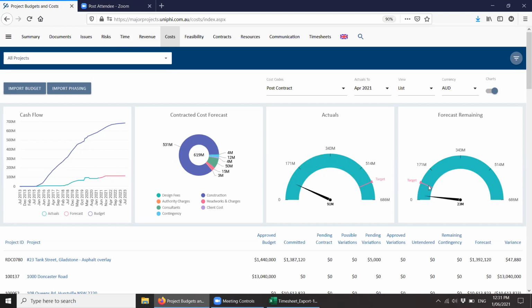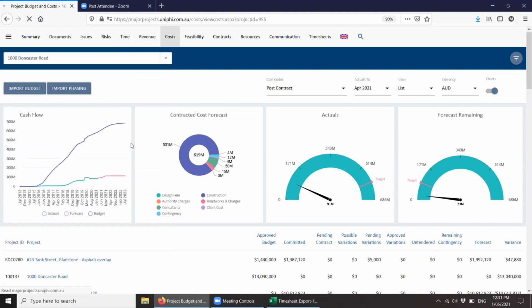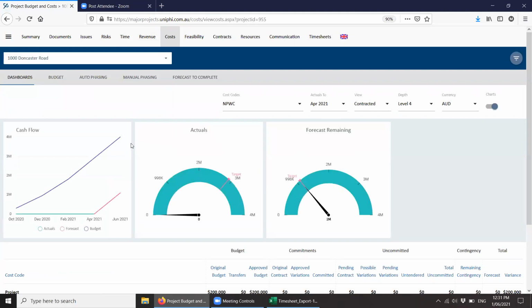So across the portfolio, and again, if we drill in on a project, we'll get the detailed view just for that project as a graph updated. And so they're all the portfolio ones that exist at the moment. But if I go back to the summary screen,